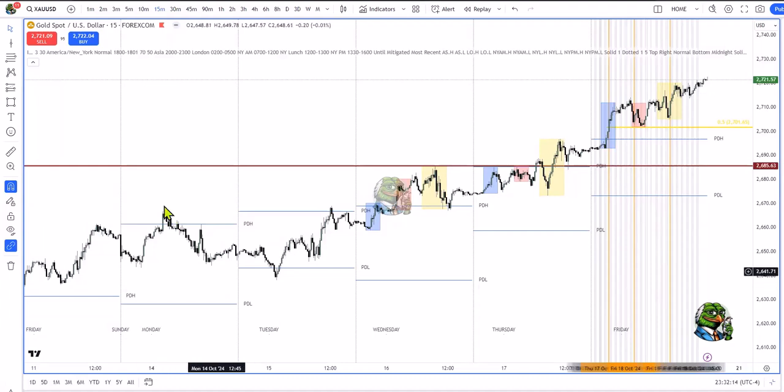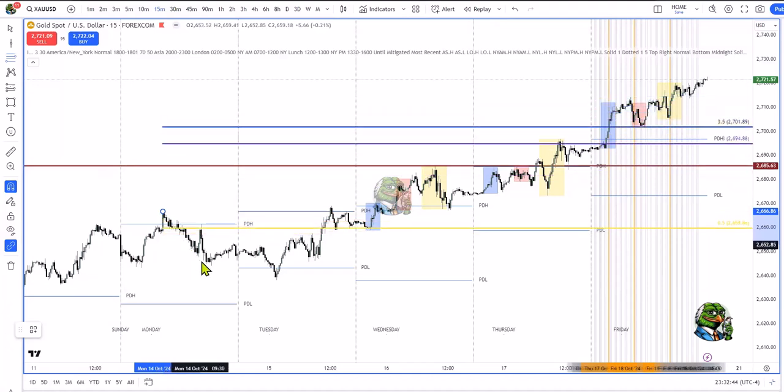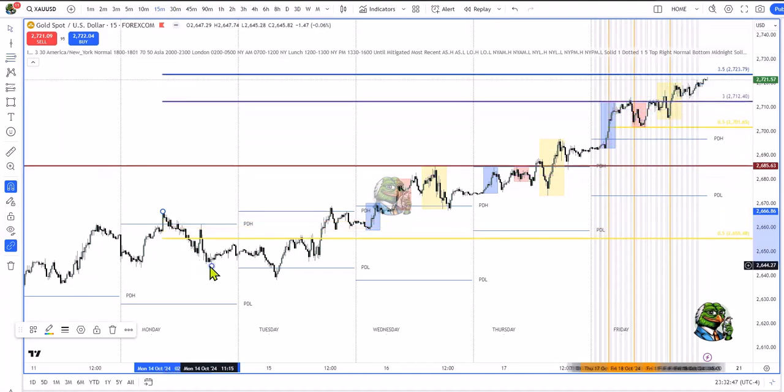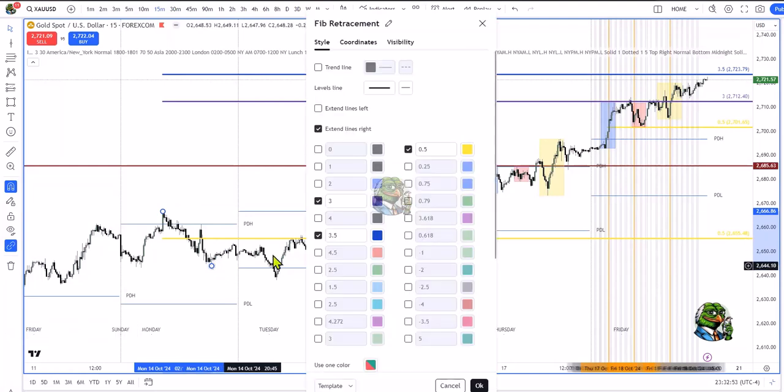This is Monday. Now we know Monday is a false move down because that move down did not materialize. It was a false move down. Since that false move down, we've been rising. So at the start of the week, Monday and Tuesday, there was a false move down. Let me show you the fib tool. We'll take Monday's high and Monday's low, and we're projecting up. We can also add 200 to this. So these are my fib settings.